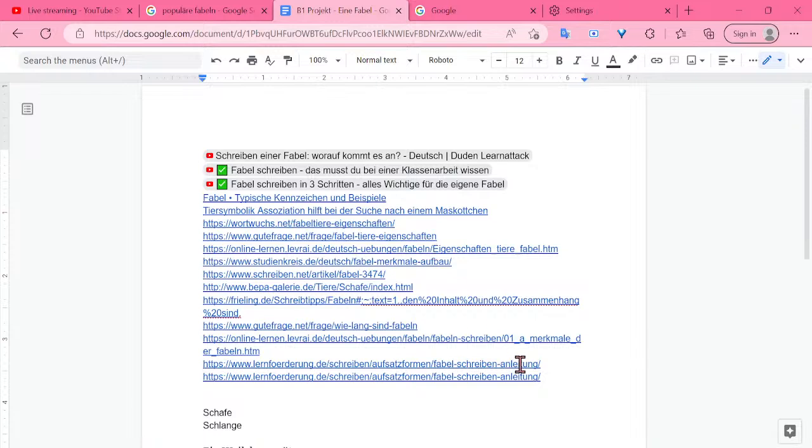So I have a whole bunch of links here that I've collected, just some info that I find useful. Now, depending on which course you're doing, since I'm doing a course through the local university, they have this as a component as well, because from B1 onward, it's not just language studies, it's also culture studies, literature as well. Sorry, I've got a bad throat. So that's why I'm not doing a course book exercise right now. I just want to get this thing done with.